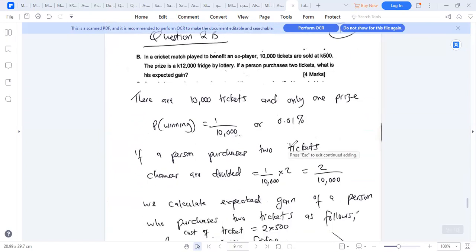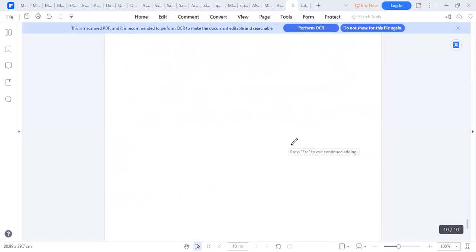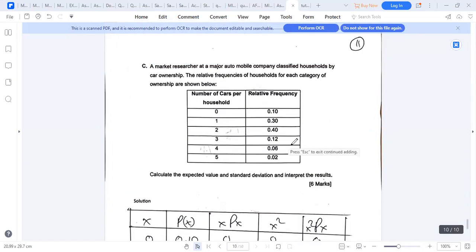So question number 2. Let's go to question number 3. A researcher at an automobile company had the following. So this is